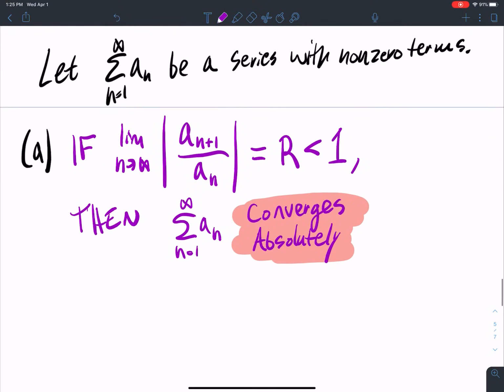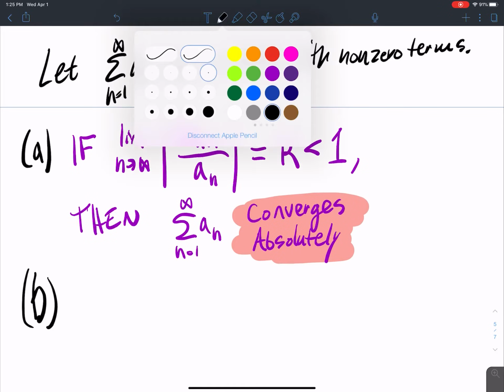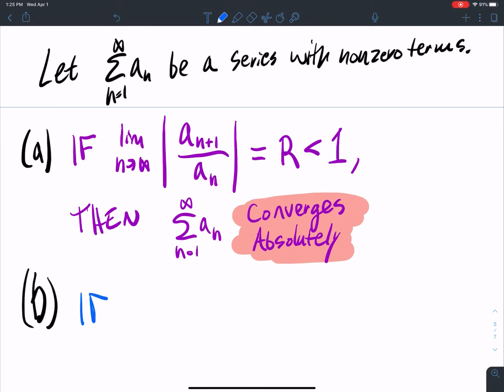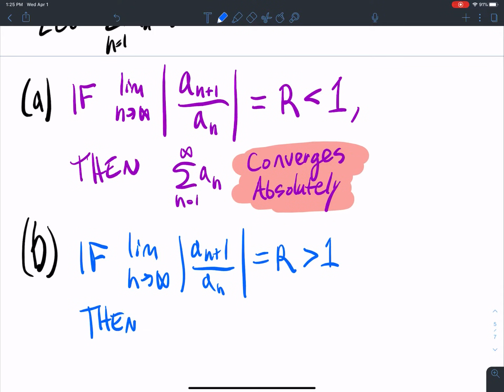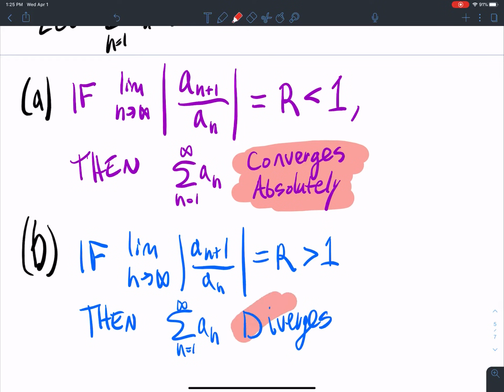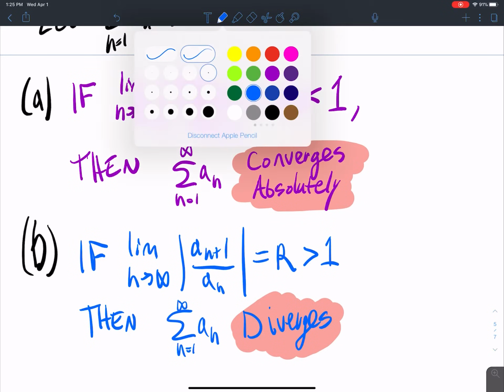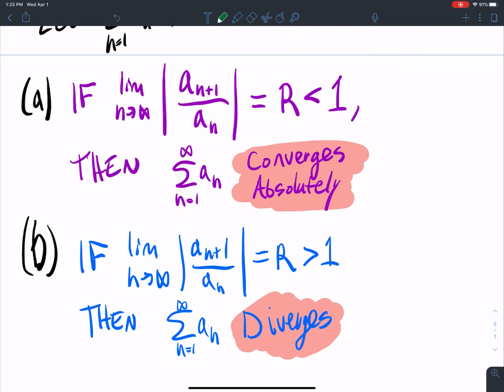Okay. Number 2, B: if the limit as n goes to infinity of a sub n plus 1 over a sub n is equal to r, and that limit is greater than 1, then the series n equal 1 to infinity of a sub n diverges. Okay? And the third, C: